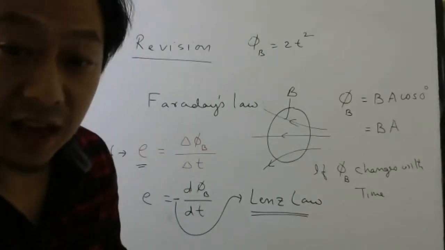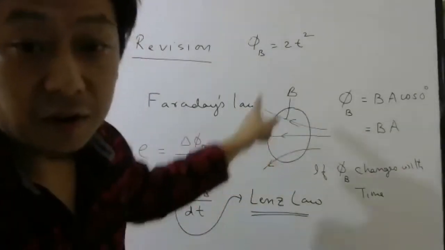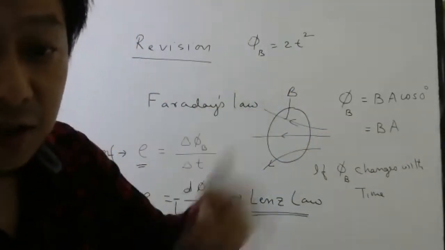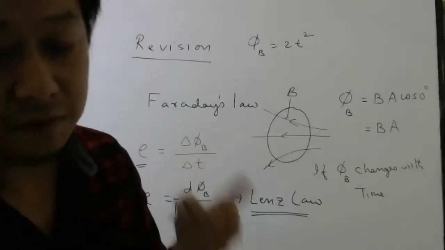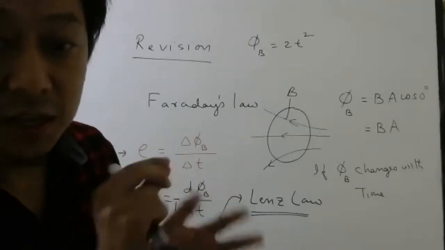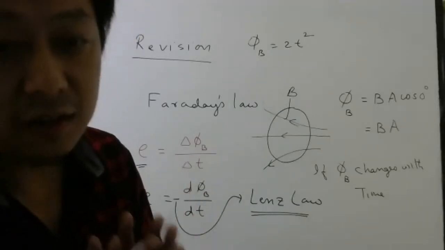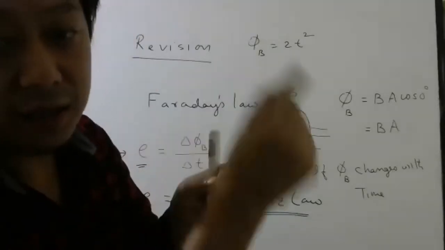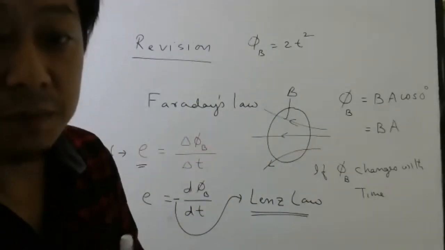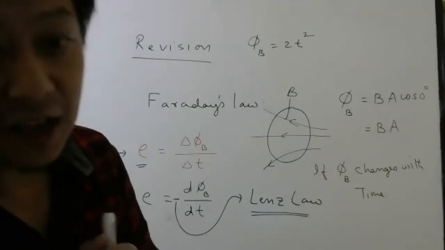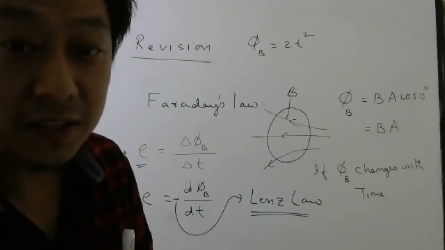So what does Lenz's law say? Lenz's law says the polarity of the EMF, the direction of the induced current, or the polarity of the EMF. Polarity of the EMF means plus minus or minus plus. Depending on the polarity of the EMF, current can flow either this way or this way. So the direction of induced current will be such that it will oppose the change in the magnetic flux which